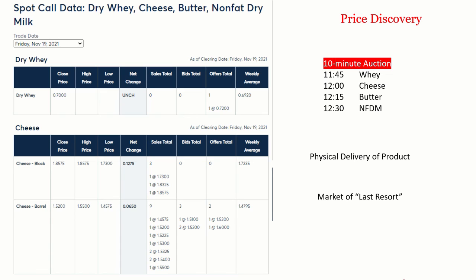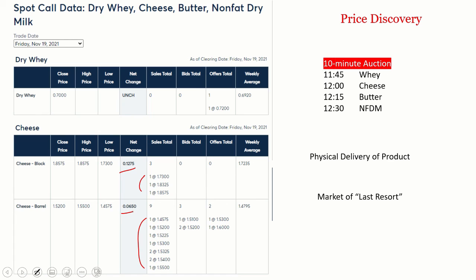Now that we've gone through all that chaos, this is what it kind of looks like mathematically. That first load of blocks was sold at $1.73, the second load $1.83, and the third load $1.85. So there was a significant rise, and that was actually a 12 3/4 cent rise for the day. These barrels started out at $1.45, went up to $1.55, kind of in between, and for the day it was a